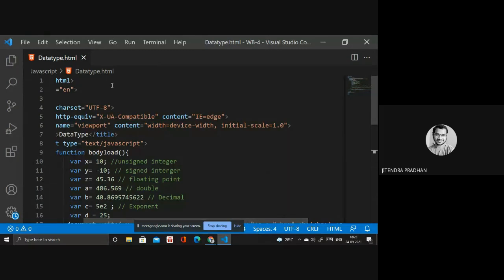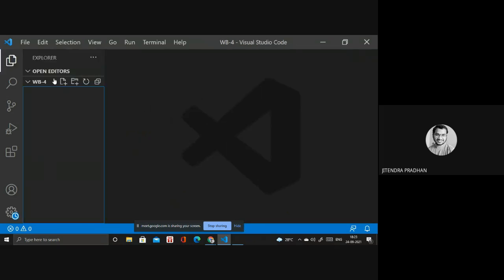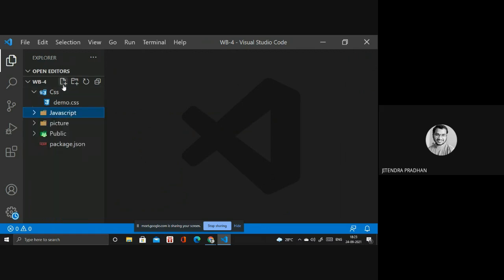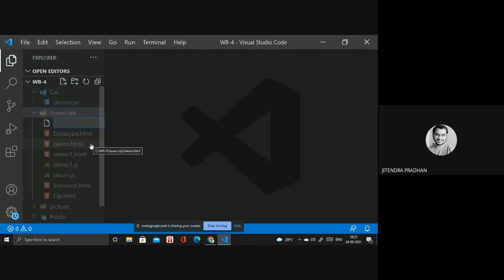I need to create a file. We have to go to the public folder or any JavaScript folder and create a file. We have to name the file boolean type.